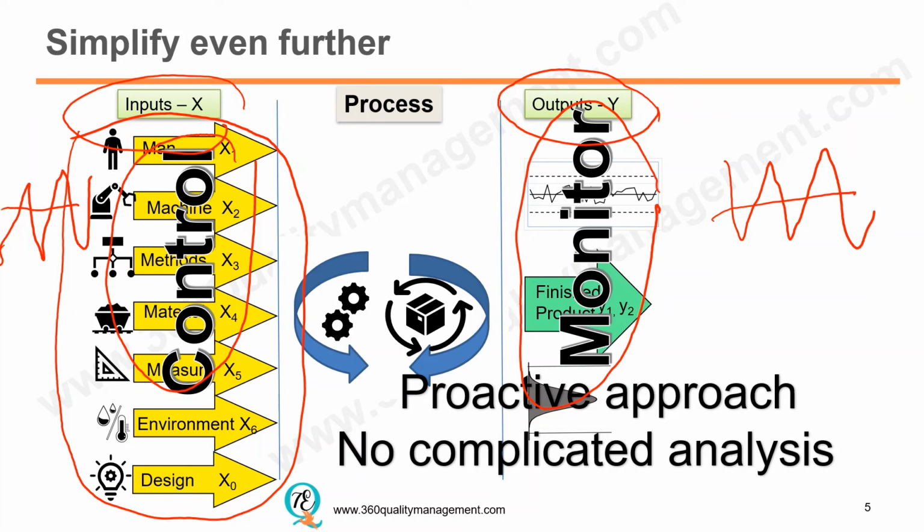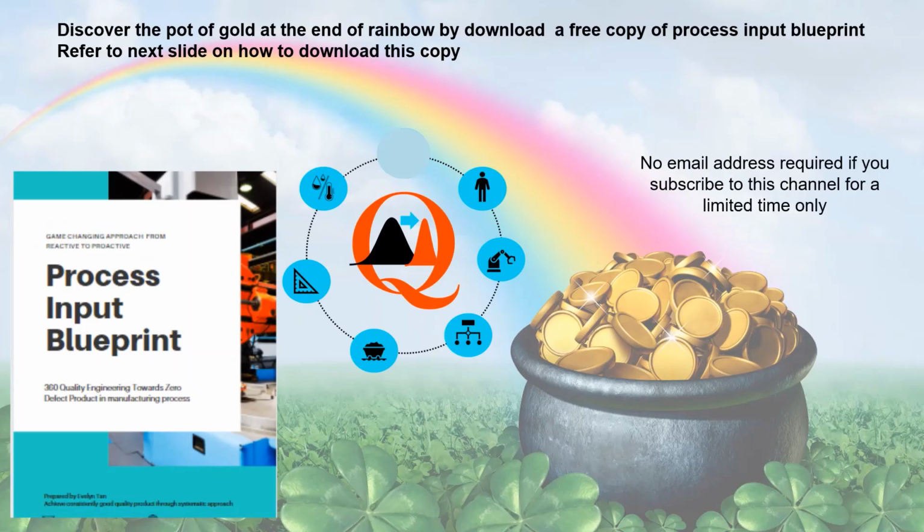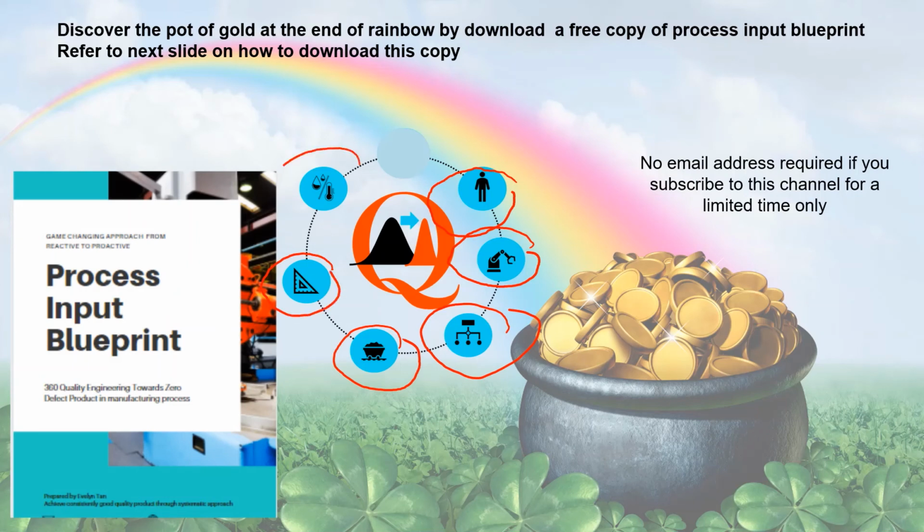So this is a very simple approach, and if you've done this correctly, there will not be any complicated formula of Six Sigma and no need to go through tedious problem solving steps, by just setting up and controlling the process input correctly. I have put in the key areas in each process input: man, machine, methods, materials, measure, and also environment,